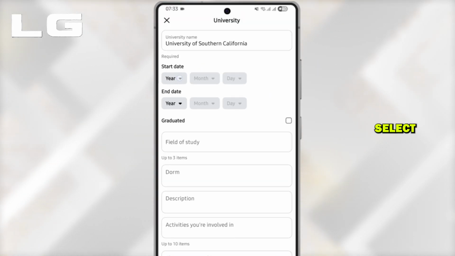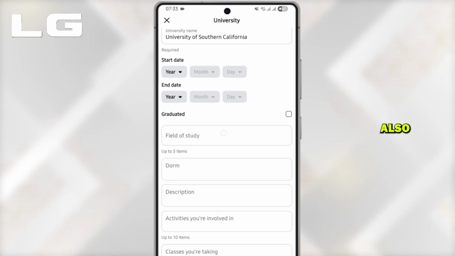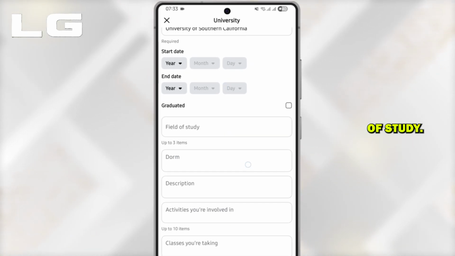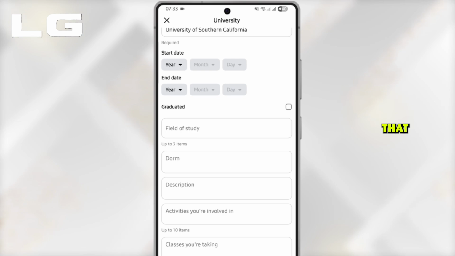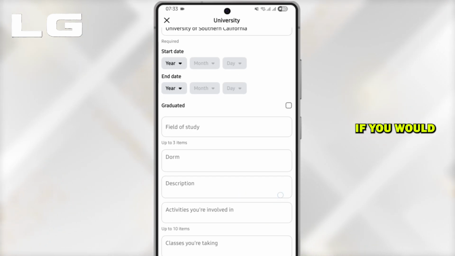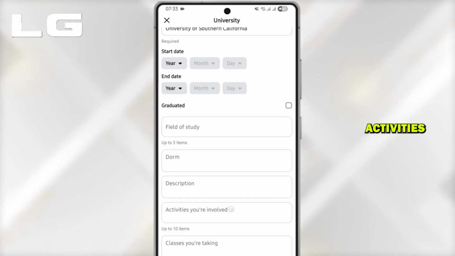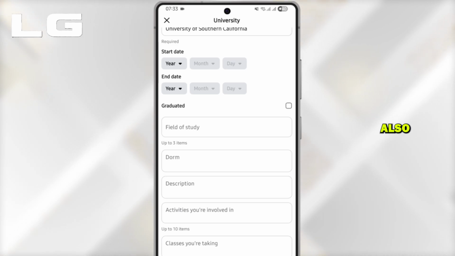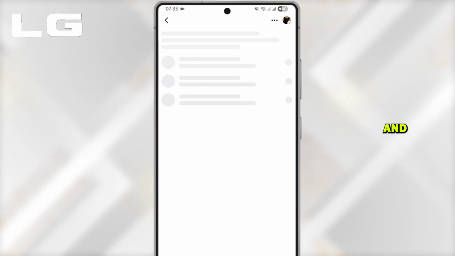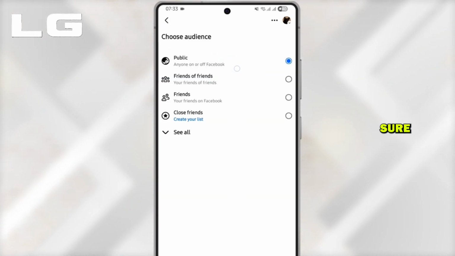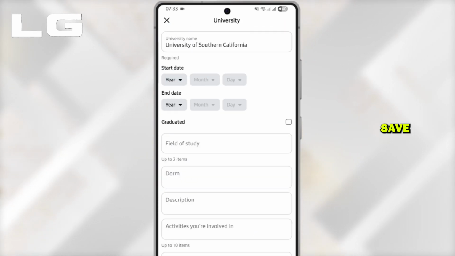So go ahead, select your start and end date, and also mention your field of study. And if you have a dorm, go ahead, mention that as well. Give descriptions if you would like. You can also add some activities you were involved in, and also the class you were taking. And if you would like to make it public, make sure public is toggled on, then select save, and then